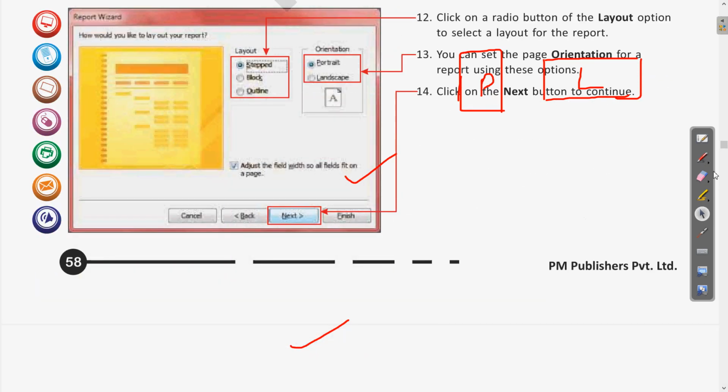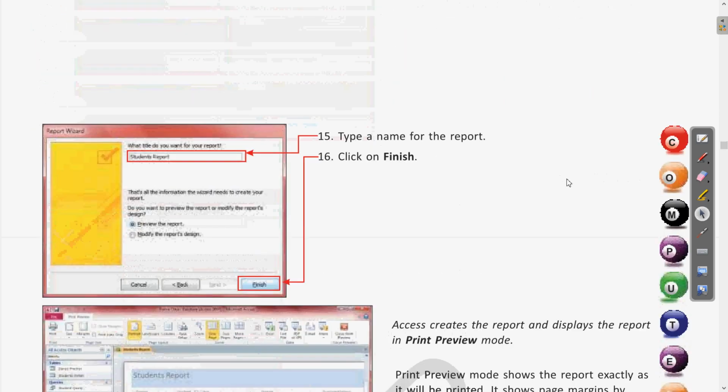Okay, then let us erase this. Then when we come to the next step, we click on the finish button, and before that, whatever title we want to be included in the report being generated, we can write the title of that report, then click on the finish button.